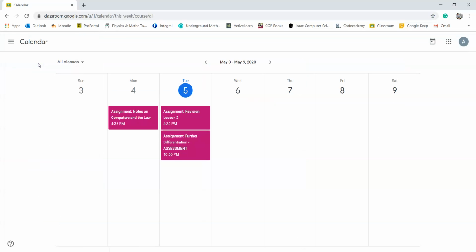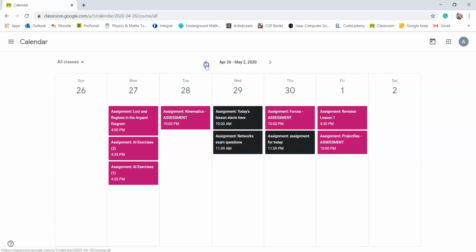Then you will be redirected to the calendar page, and as you can see, by default it will select all of your classes and show all the works that you need to submit, and it will give you a week preview. You can change the week by clicking on these little arrows on both sides, and you can also select